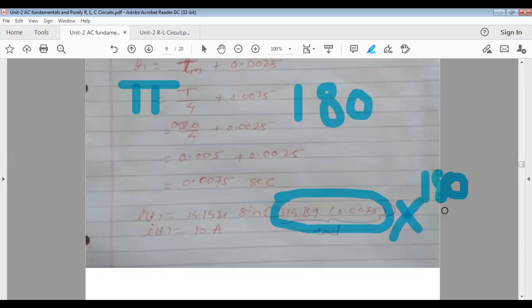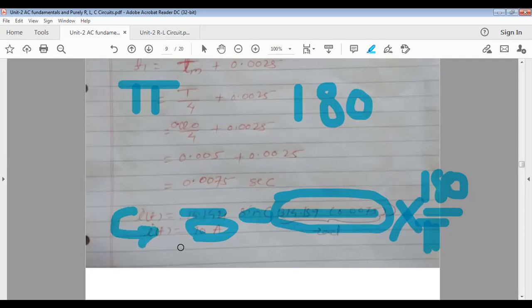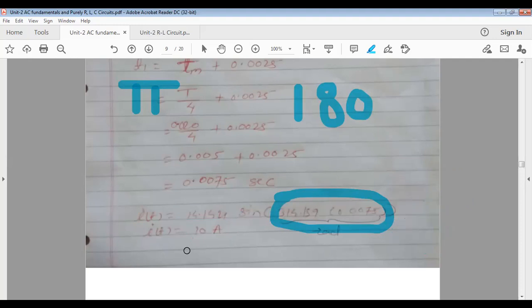Got it? Okay. So what you do, if your calculator is normally in deg mode, whatever this term is in radian, convert it into degree. Multiply it by 180 degree by pi, and then take the sine of that, and then multiply by this. Then the answer on the calculator you will get 10 ampere. Is this clear? You try it in the afternoon, or now if the calculator is there with you, you can try this. Okay. What is the another option? Another option is your calculator is normally in deg mode.